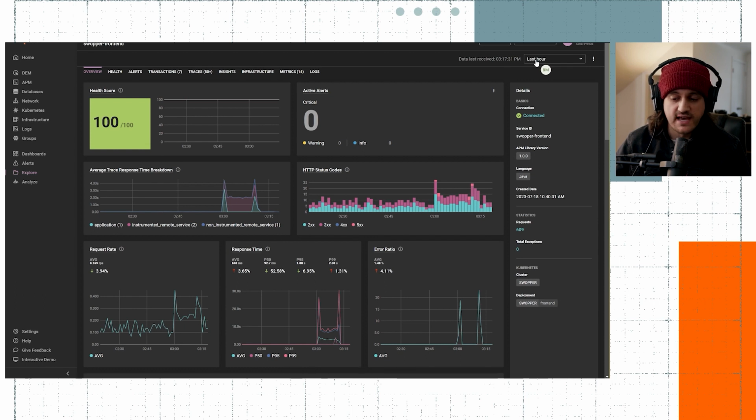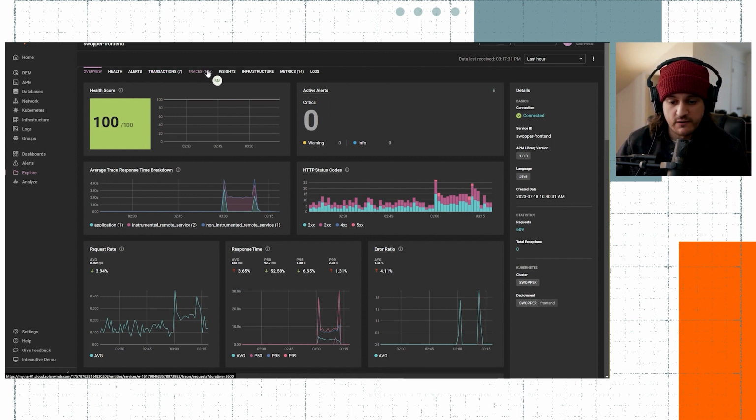So right now it's the last hour, but I could go through the different time selection presets or use a custom time picker to find a specific point in time that I might be interested in. But like you said, this is the overview screen. So if I really wanted to dig in deeper, I can use those tabs up at the top to go look at the more specific areas.